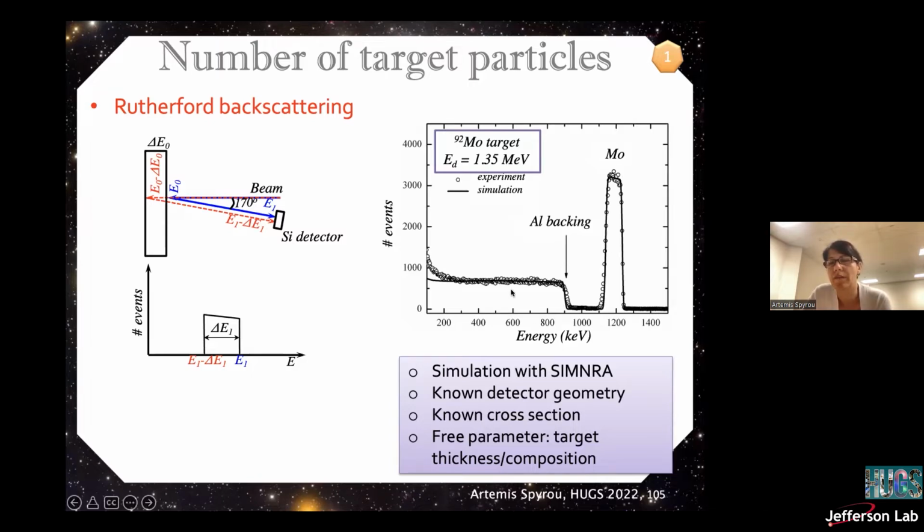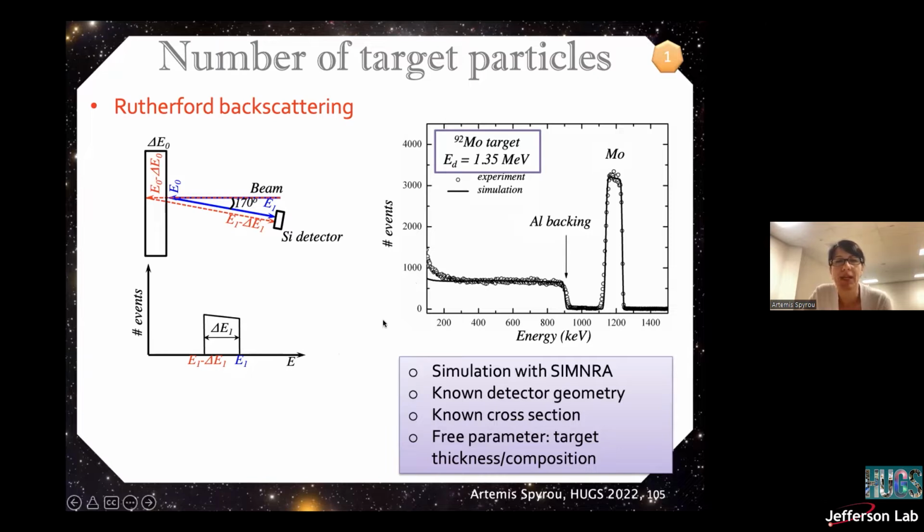This cannot be applied to everything. If my backing was not aluminum, but something heavier, tantalum is a common backing material, then this edge here would show up at higher energies than molybdenum. The location of these peaks depends on the Z of the target. So instead of here, this would be over here. And it would also have a much higher cross-section, so it would probably go all the way up there and down. Then the molybdenum might be just a little blip on top of the thick tantalum distribution. So it depends on what you have, and you can use different techniques. But this is a